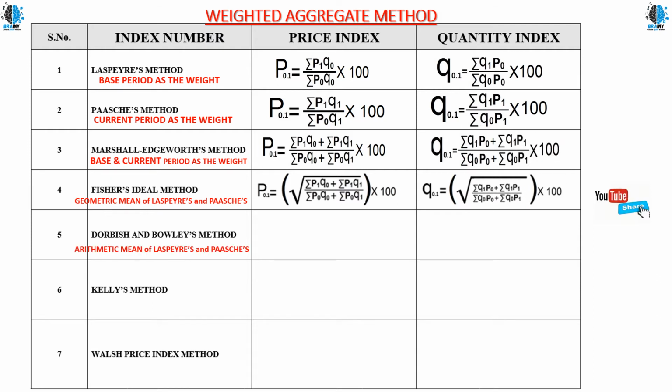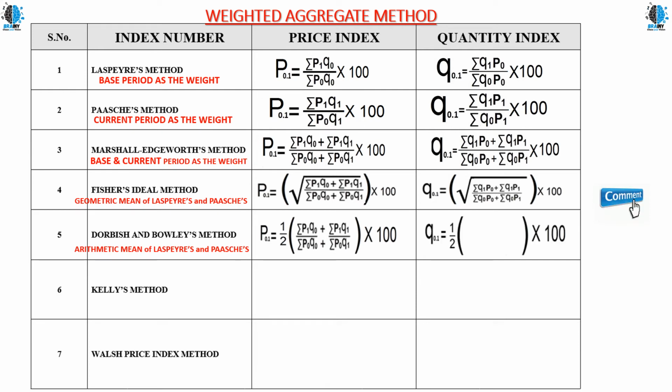In Bowley's method, the author is going to take the arithmetic mean of the Laspeyres pair and Paasche pair. The combination of the Laspeyres and Paasche formulas I will be having, divided by 2. So here I have this price index. This is a formula where I will be finding the Marshall-Edgeworth formula. Here I'm going to take the arithmetic mean. So this is my Bowley's formula.